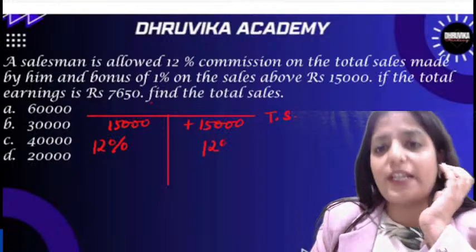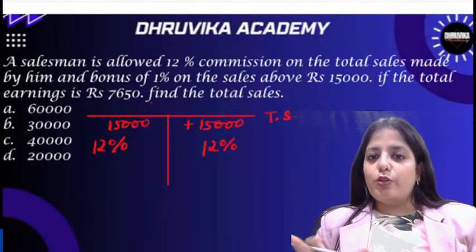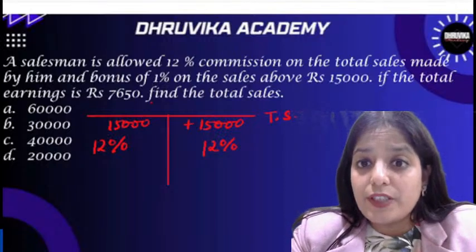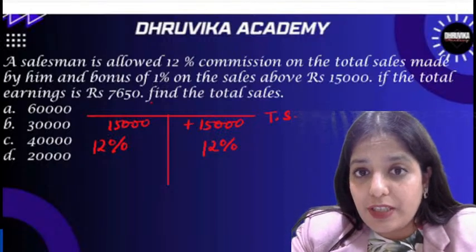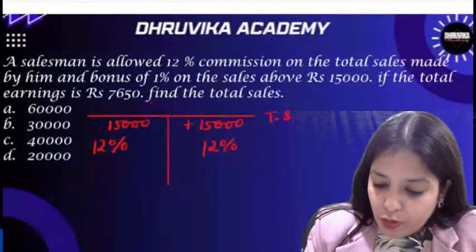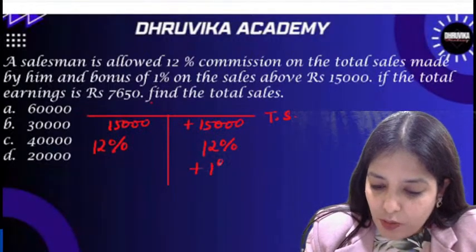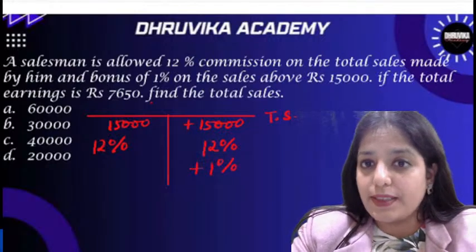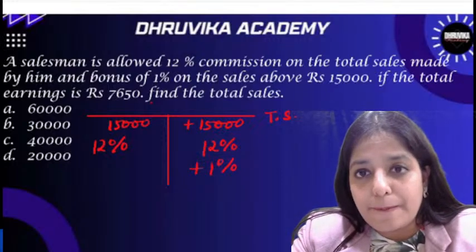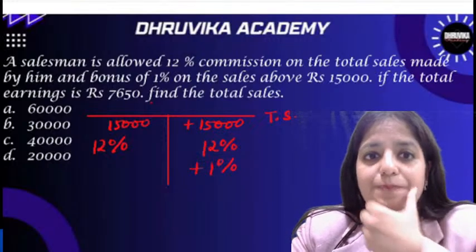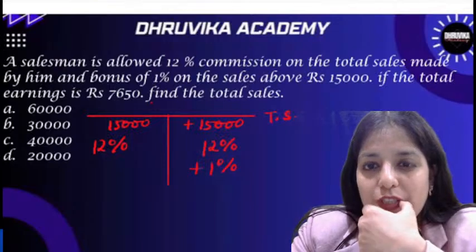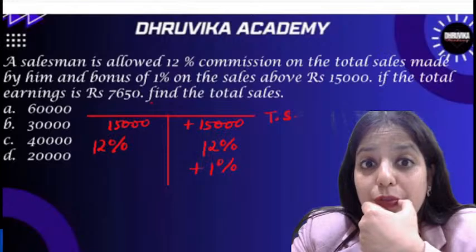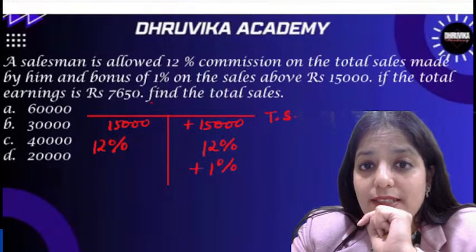12%, because it is given that you are going to get 12% on total sales. But whatever you sell more than 15,000, on that you are going to get an additional 1% commission. Is it clear? Okay. Now further they are saying, if the total earnings is 7,650,